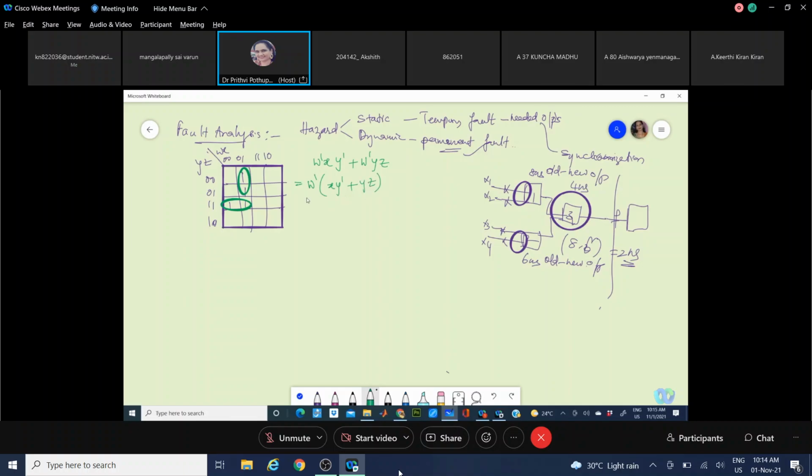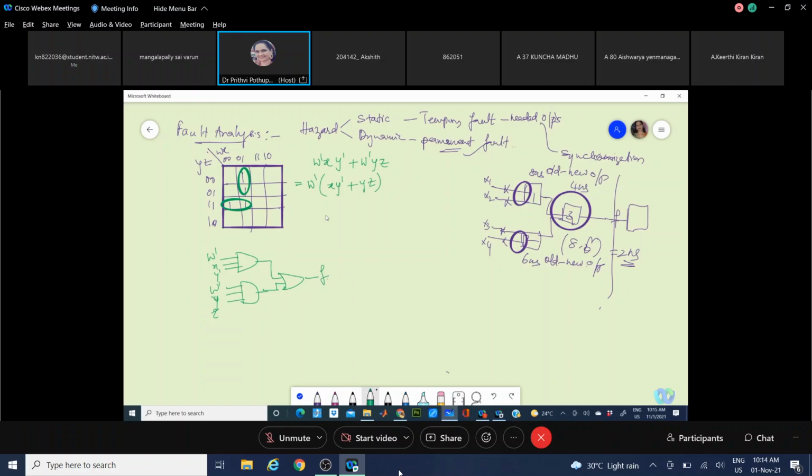Now let us give some values and see if there is a hazard happening or not. When you implement this design, it will be with 2 AND gates and 1 OR gate, 3 inputs fed. So W dash X Y dash or W dash Y Z. Now this defines your output.